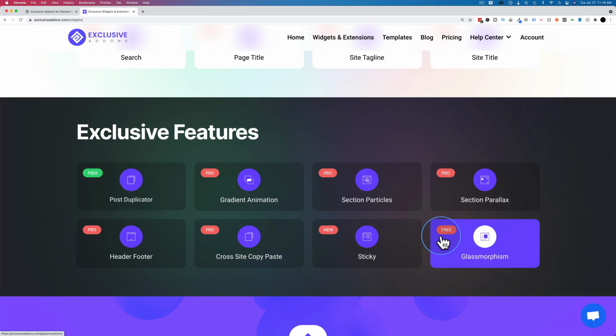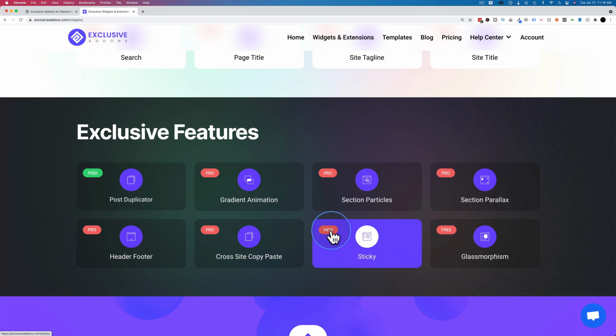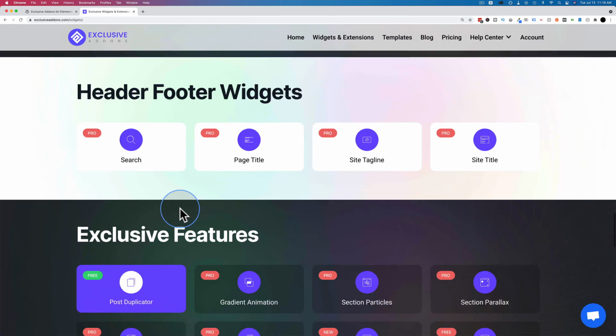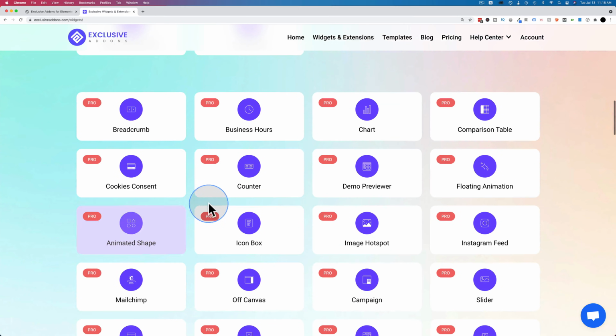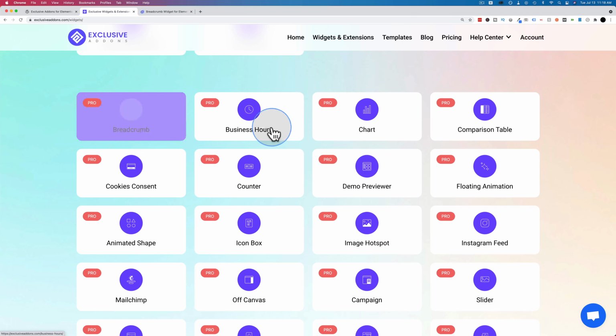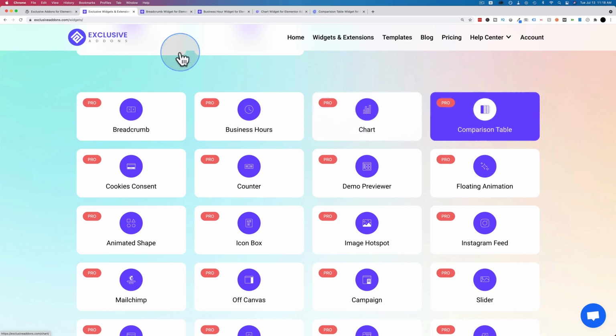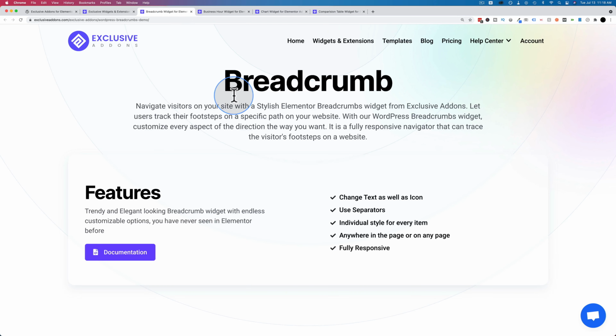I just realized this one appears to be free as well, which is something I didn't notice in the free video I made because it's a different color. And the new one, I can't tell if that's free or not. Either way, in this video, we will cover those two things as well. Let's go up and start with the general widgets, Pro versions. I'm going to open up 4 of these at a time in their own tab, so we're a little more efficient. Starting with the breadcrumb widget,